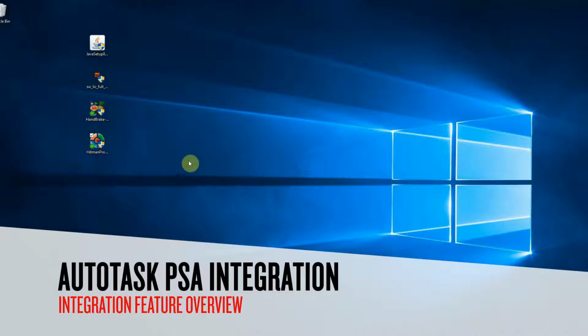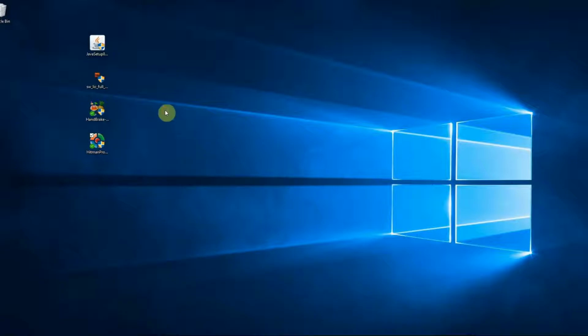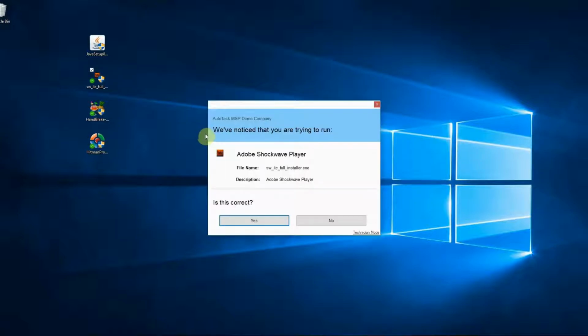Today I'll be showing you a demonstration of the Autotask integration with AutoElevate. To start with, we'll launch an application that requires admin privileges, and we'll get the dialog box here from AutoElevate showing the branded company name of your managed service practice, or the phrase that you want that to say there. When the user hits yes,